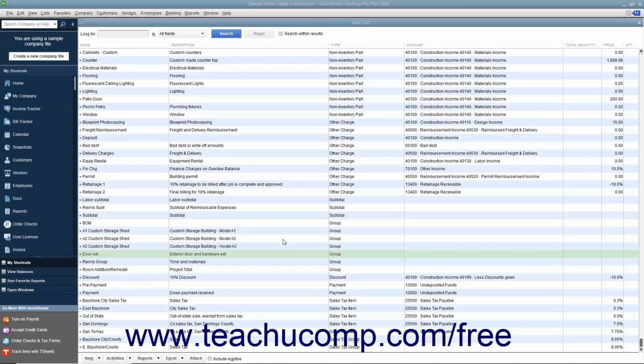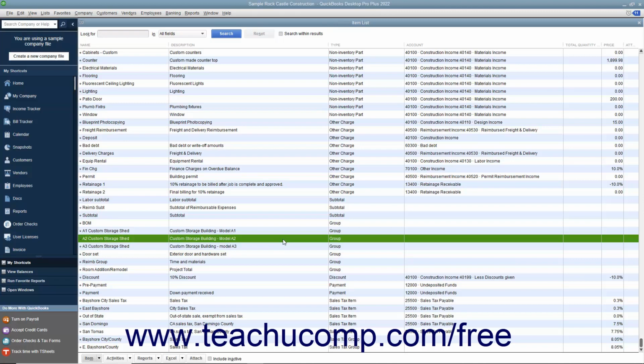You can create groups in the item list for items you may purchase individually but want to display as a single line item in a sales form. For instance, if you sold gravel by the ton and also assessed a service charge for the delivery, you could